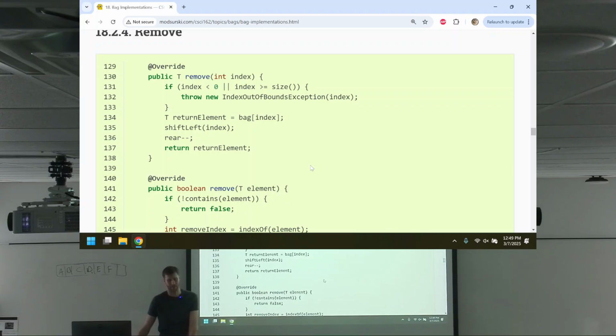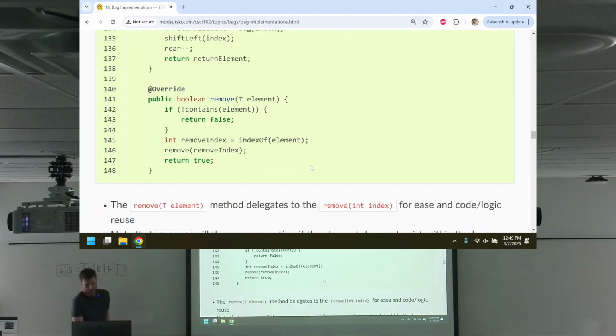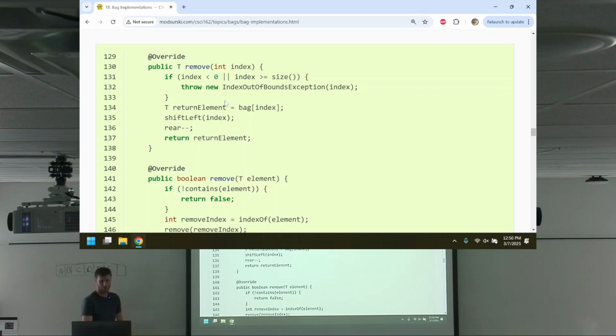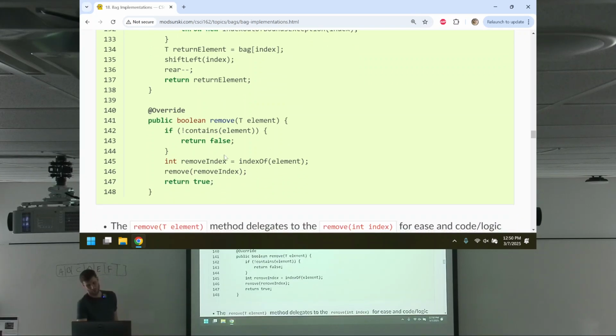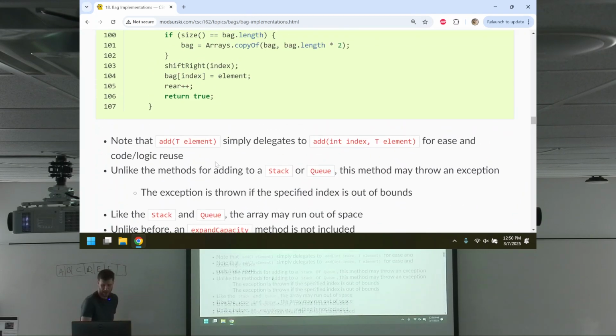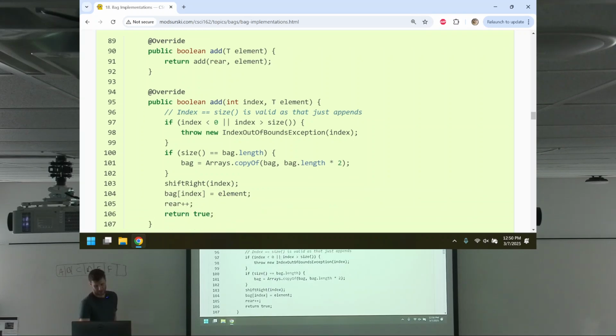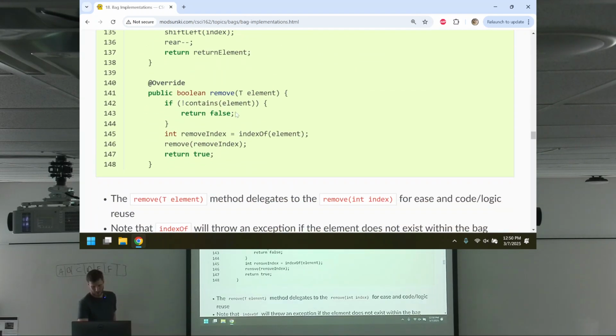I think this is really nice. And then we have that other remove, where we don't specify an index, we specify an element. So the one where we specify an index was the remove defined in the indexed bag interface. This is the remove defined in the bag interface. So we remove from two places, similar to add. This was from the regular bag. This is from the indexed bag. So what is this one going to do?